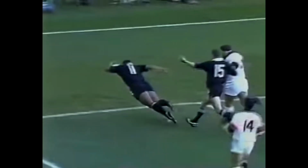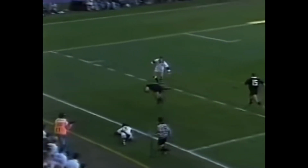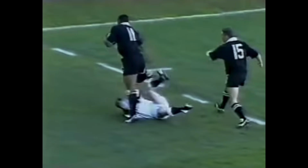Lomu. Cleared the space. The ball went a little wide, but Lomu pushes off one, and then Carling comes at him. He puts him off, and then he goes straight over the top of a last defender and scores a